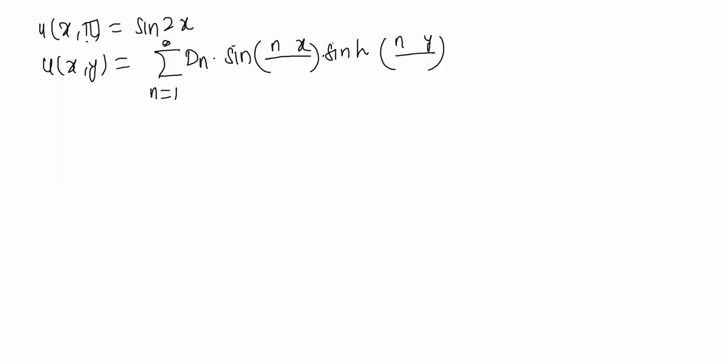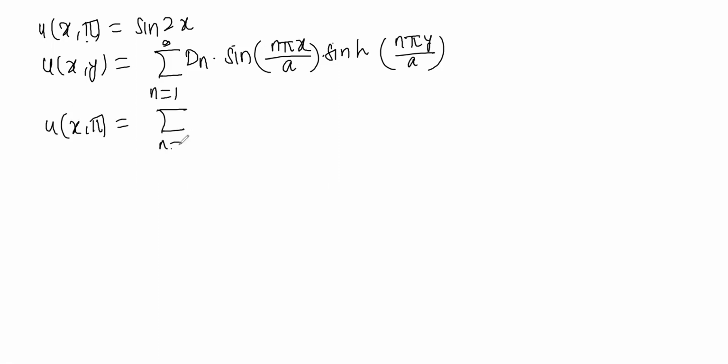In case you write it down, then also there is no problem, because ultimately it will get cancelled for sure. If you don't believe, just check it, don't worry. Now, u of x comma pi, even if you put it here, so you are